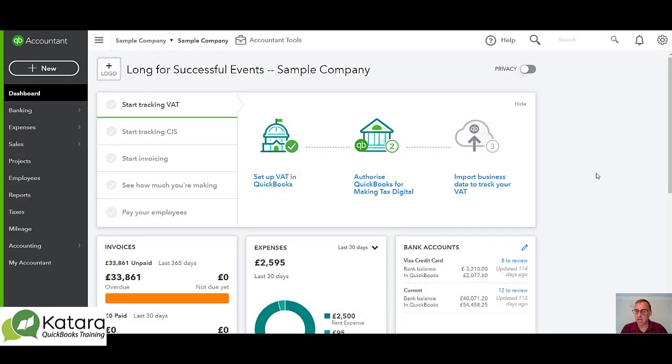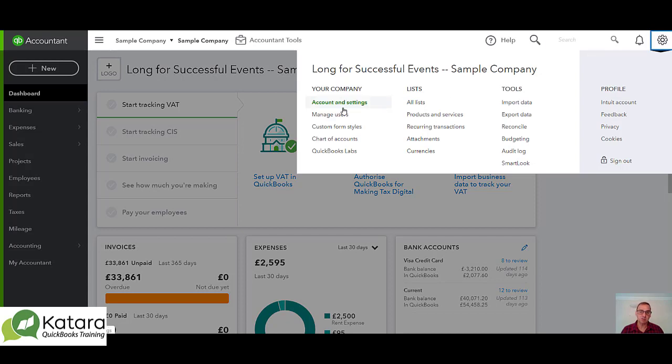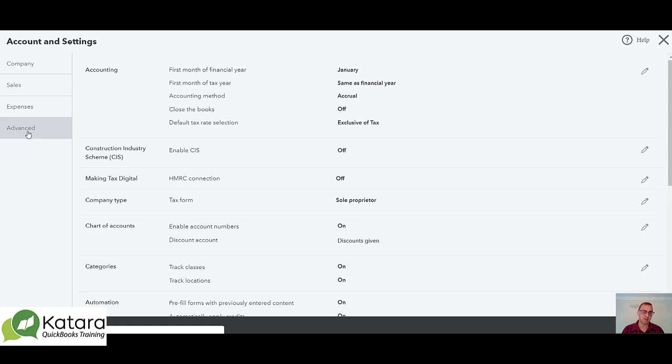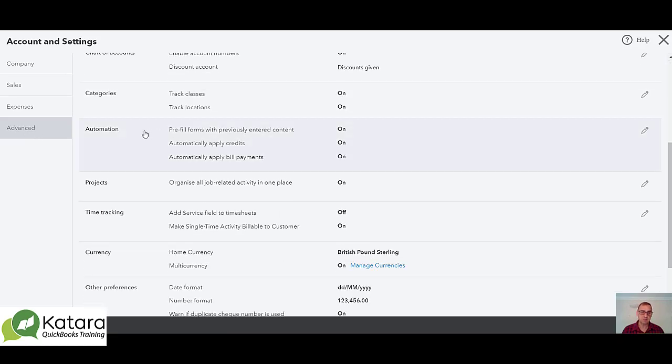Let's look at a potential time saver in QuickBooks, which is bringing back the last transaction. So if I go to the little gear in the top right and go to my accounts and settings, we'll see in here that in the advanced settings there is actually an area for automation, and as we look at that automation there, the first line says pre-fill forms with previous entered content, and in this case on this file